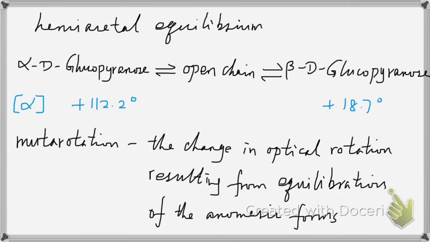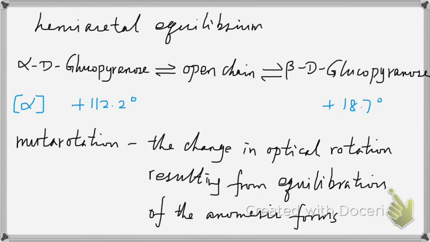How do we get that? I will show you the calculation in a minute. But now I want to introduce this concept, which is called mutarotation. Mutarotation refers to the change in optical rotation resulting from the equilibration of the anomeric forms,